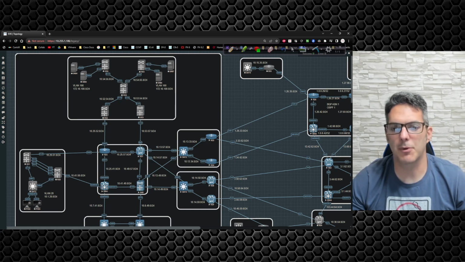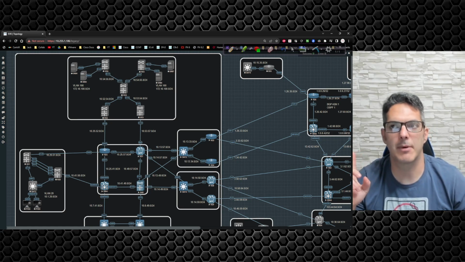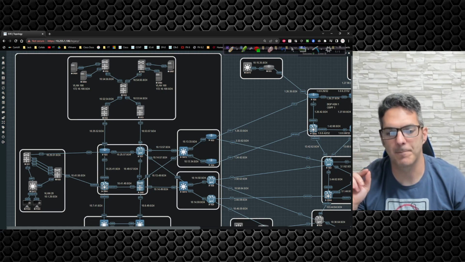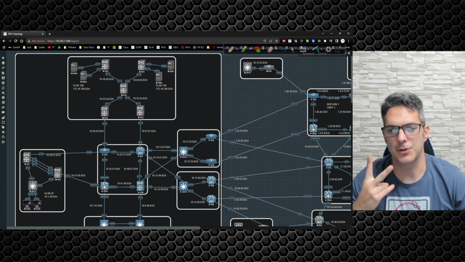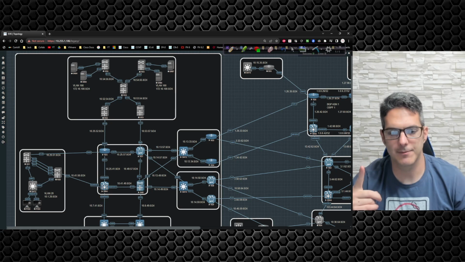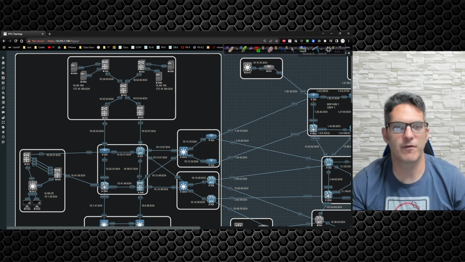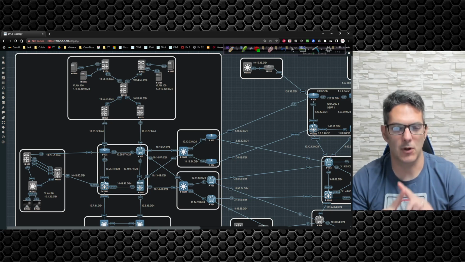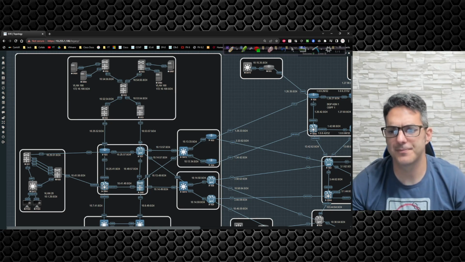So the first thing we want to talk about is going to be fiber. There are a couple different things that I want you to keep in the back of your mind when you're thinking about fiber. There are two different ways that you can use fiber. The first of which is for structured cabling. Multi-mode fiber can be used for this, but single mode fiber is typically longer haul, over 500 meters, stuff